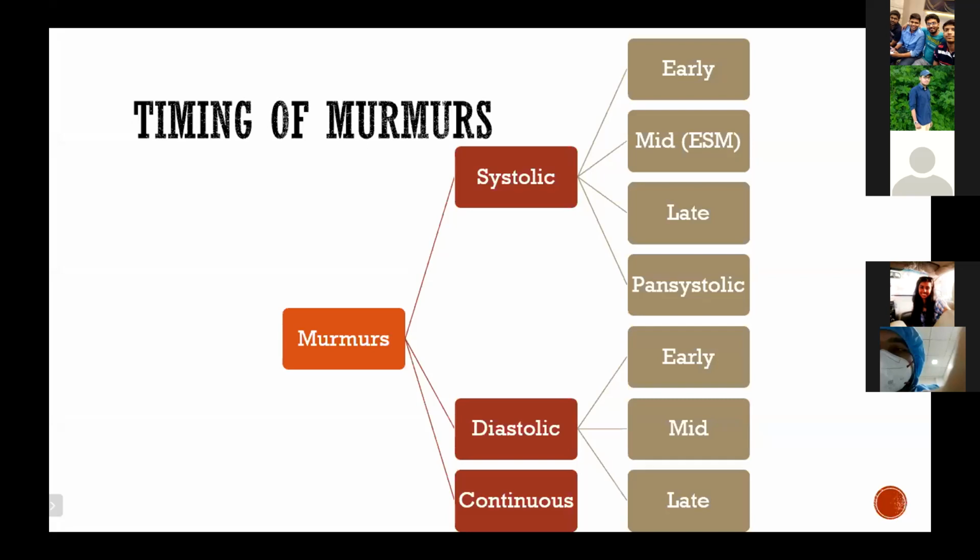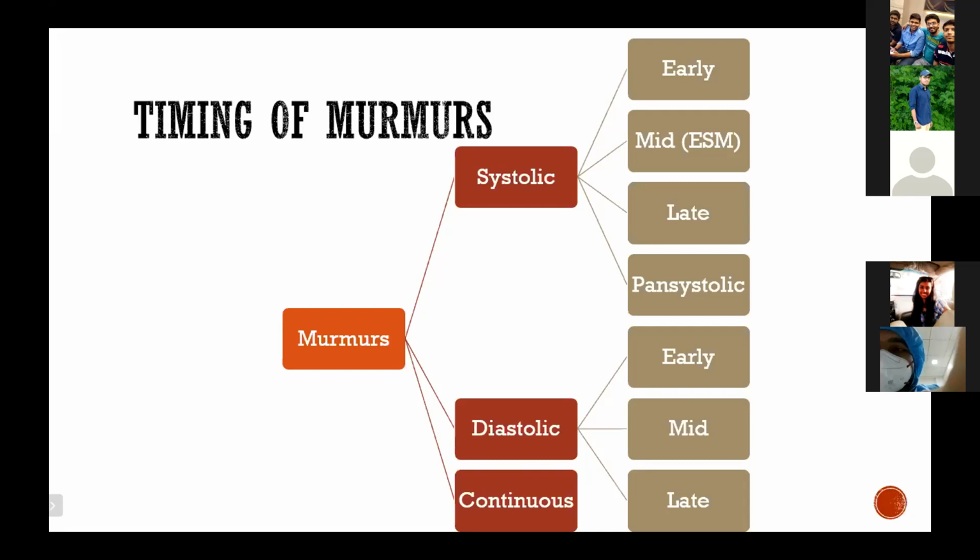The murmur which accompanies the upstroke of the carotid pulse will be your systolic murmur, and the other will be your diastolic murmur. But suppose the patient is in tachycardia, then you'll not be able to figure out which is coinciding with the carotid upstroke. So what you can do in these conditions is try carotid sinus pressure and see if the heart rate reduces, then you can figure out if it's a systolic or a diastolic murmur.